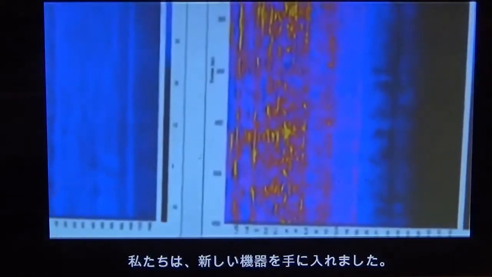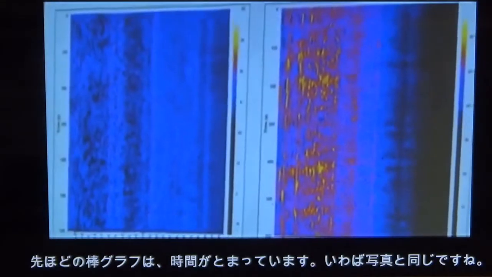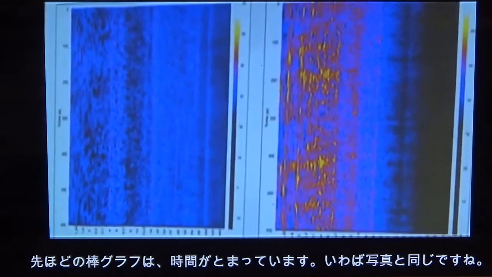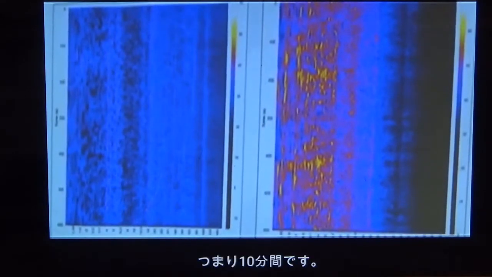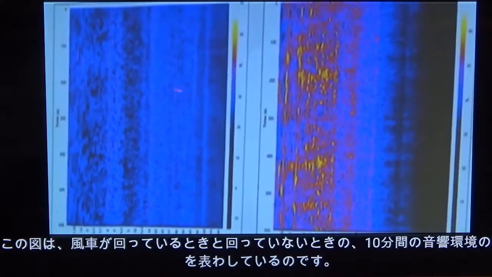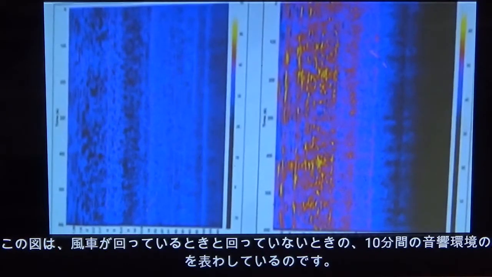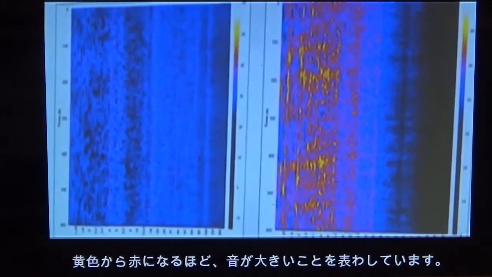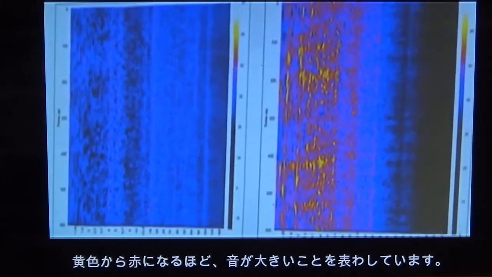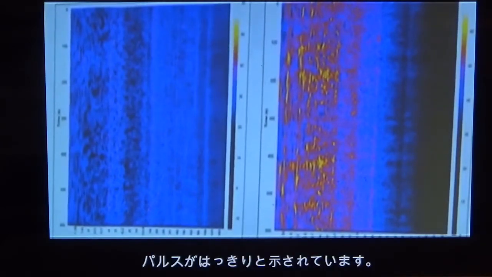We now have a new machine. Why is it important, this new machine? As you saw in the previous picture, it's like a photograph, stopped in time. Here we have time from 0 to 600 seconds. It's 10 minutes. So what I am showing you here is 10 minutes of the acoustic environment without wind turbines and 10 minutes of the acoustic environment with wind turbines. Of course, the more yellow it gets, the higher the intensity, the higher the dBs. Notice what happens with the wind turbines. You have a clear pulse. It's clear, as it's yellow,